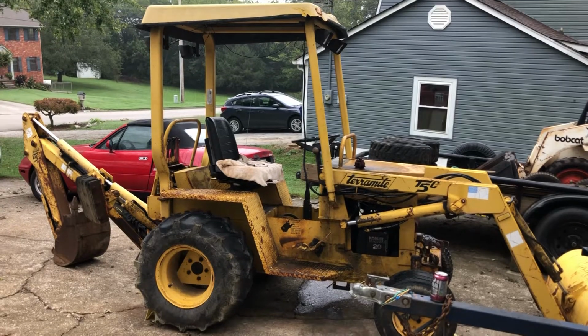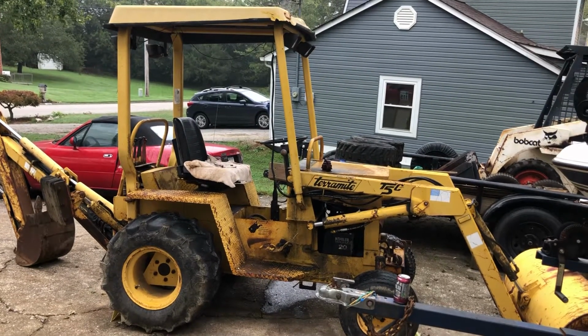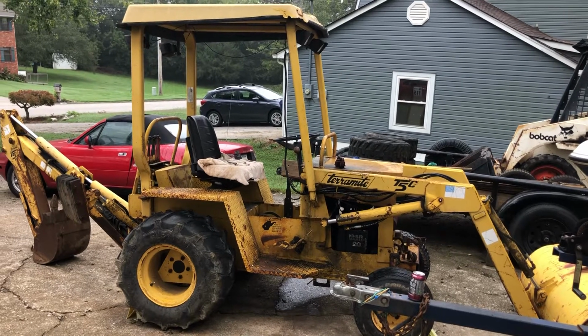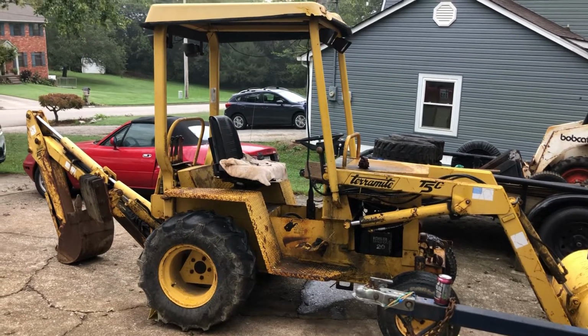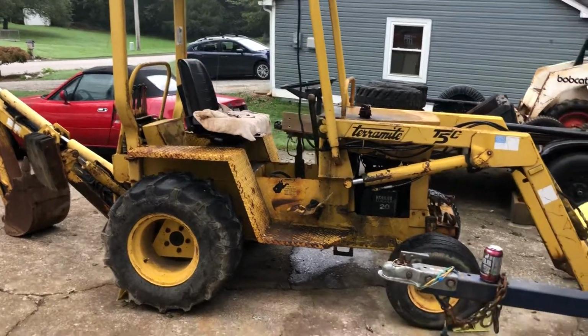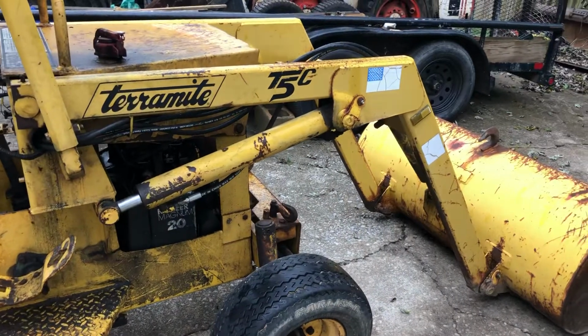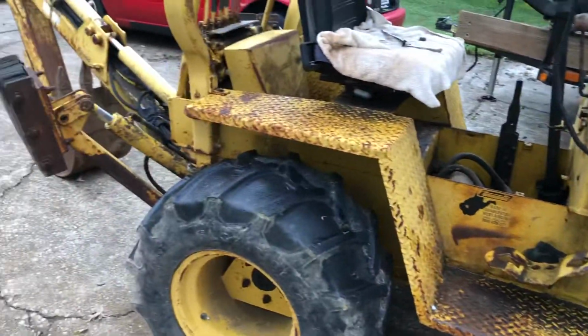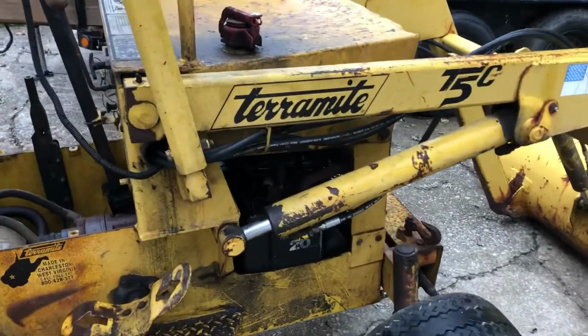It's a Terramite T5C. It's a little mini loader excavator. I'm unsure of the year, but it runs. It does good, everything functions, the bucket, backhoe, everything. It is very dirty and very well covered. The one issue it has,